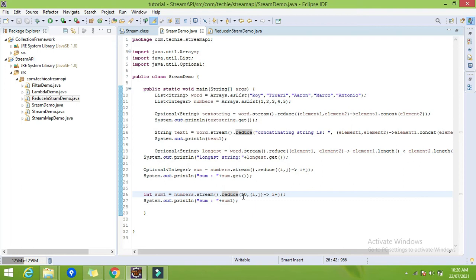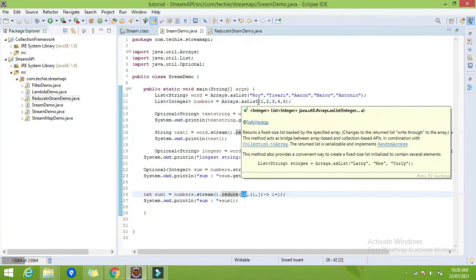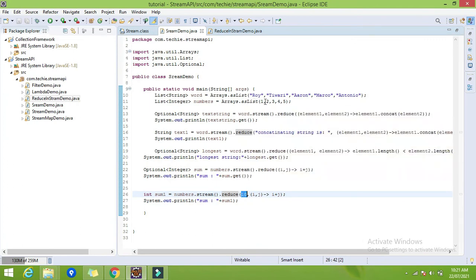So what it will do, consider the initial value. If you are having some difficulty understanding the initial value, the initial value is nothing but the first element of the stream. You can consider we have this number list, right? 1 2 3 4 5. So you can consider this 10 before the 1, meaning the list will be 10 1 2 3 4 5. Then what will happen, 10 plus 1 is 11, then 11 plus 2, and so on. Like that only initial values work.